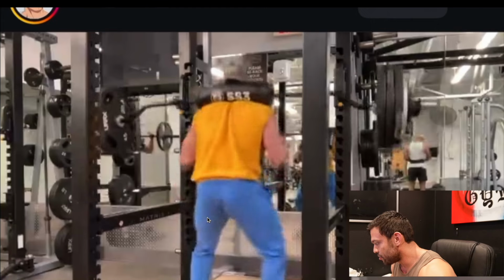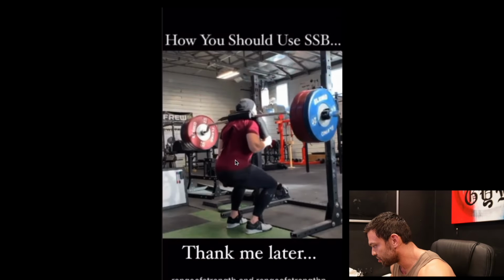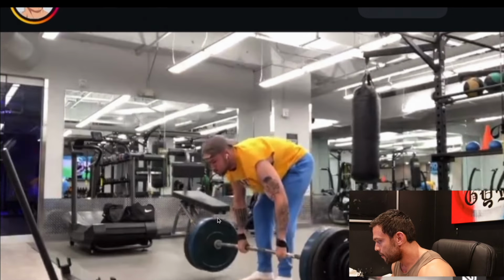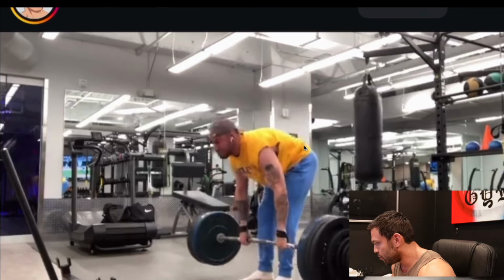So missing relative motion, missing counter nutation. Range of strength has that relative motion, much less of a butt wink. So if you're gonna go deep, it should look like that. Now when we look at this deadlift, this is a deficit deadlift, and now he's pulling with a decent amount